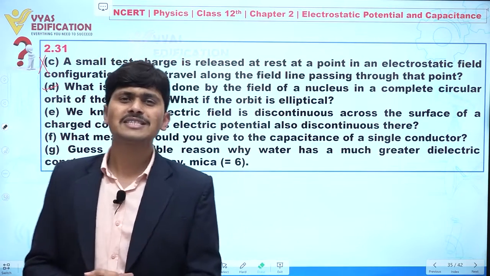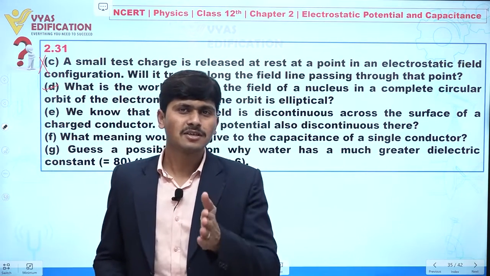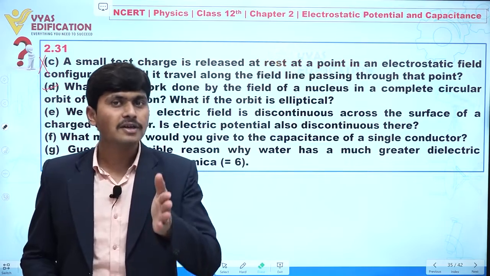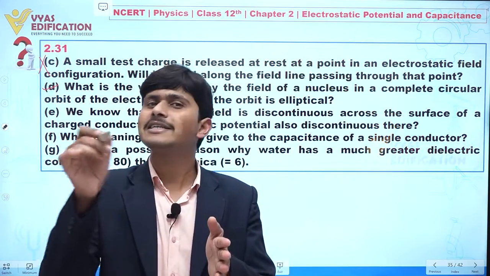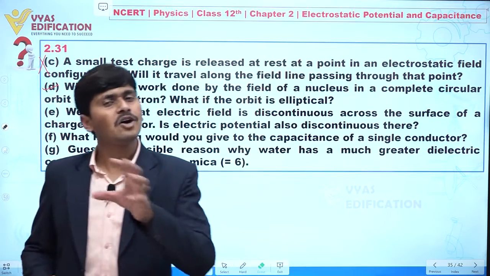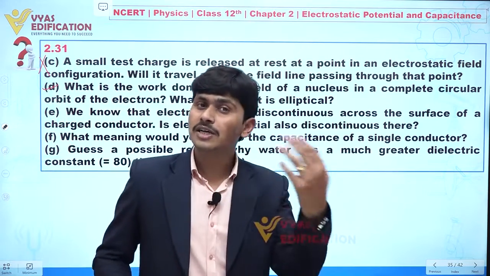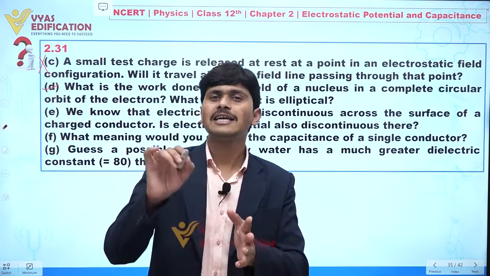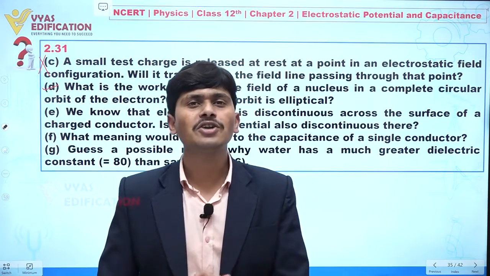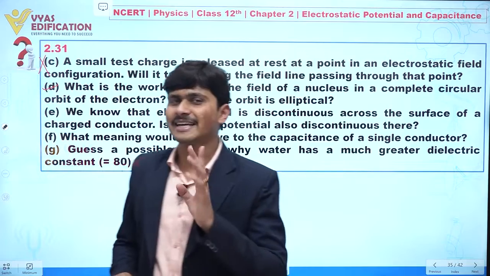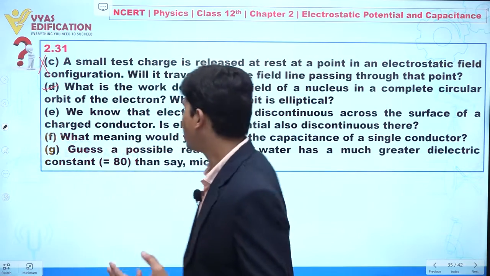Clear? It means on the surface, if we talk about a point inside the surface, the value of r is less than capital R. Clear? We always find E equal to 0, and outside the sphere E is always kq upon r square. It means there is some discontinuity of electric field in a conductor. Yes or no? But what will happen